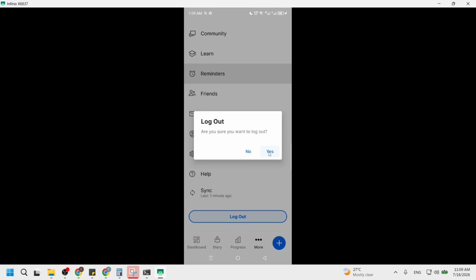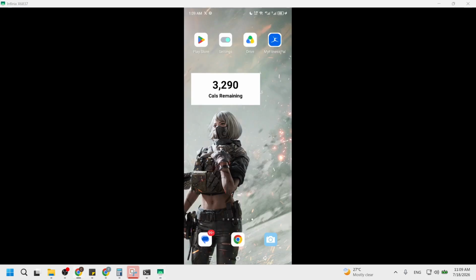Now that you have completed the logout process, take a moment to appreciate how easy it was. Logging out is crucial for anyone who values their account security, especially in shared environments. You can now close the app with confidence, knowing your data is secure. It's always a good practice to log out when finished, especially if you are using a public or shared device.